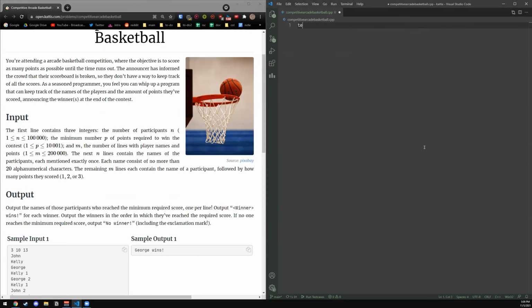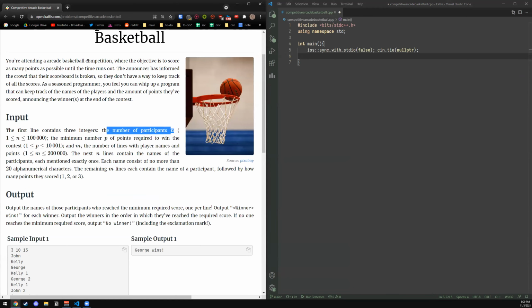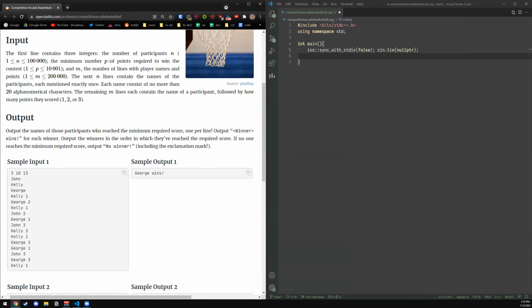Going to start with a basic template, and then it seems like the number of participants N, hopefully you've read the problem already, N, P to win the contest, and then M, number of lines with player names and points. So the same people can score multiple times. So you have M lines underneath here. Okay. So int N, P, M, cin N,